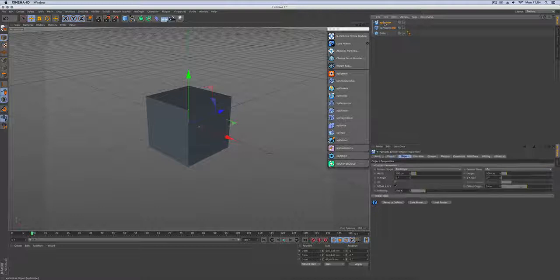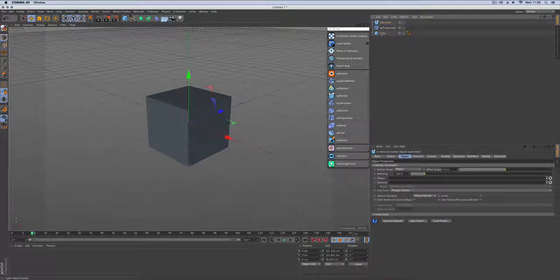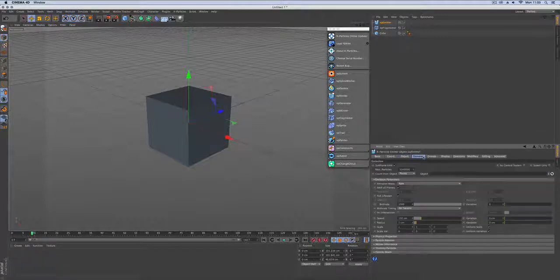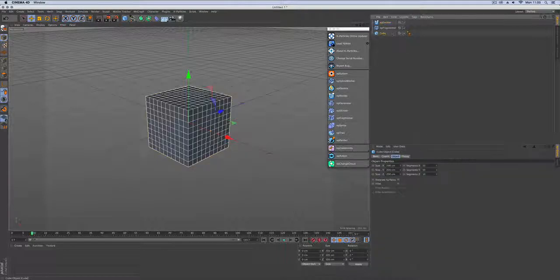Go to your emitter, change the emitter shape to Object, drag your cube into the Objects list, and enable one particle per source element. Go to Emissions, change it from rate to shot, so it's a single frame of particles generated, and turn speed to 0. We can now hide the cube